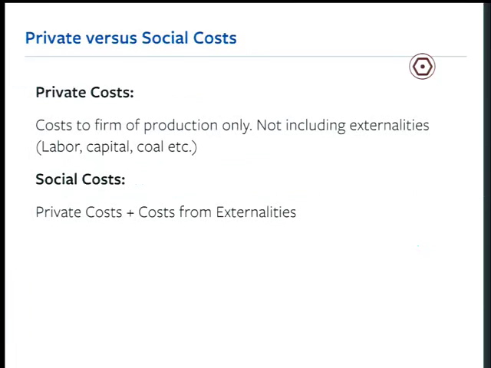So what I want to think about now is that a power plant has two types of costs. When we're talking about costs of production, we so far have always said each individual firm has its cost. And when we talk about cost, we talk about average total, average variable, and marginal cost. Those reflect the full opportunity cost of using those inputs, the full opportunity cost of labor and capital and materials and so on.